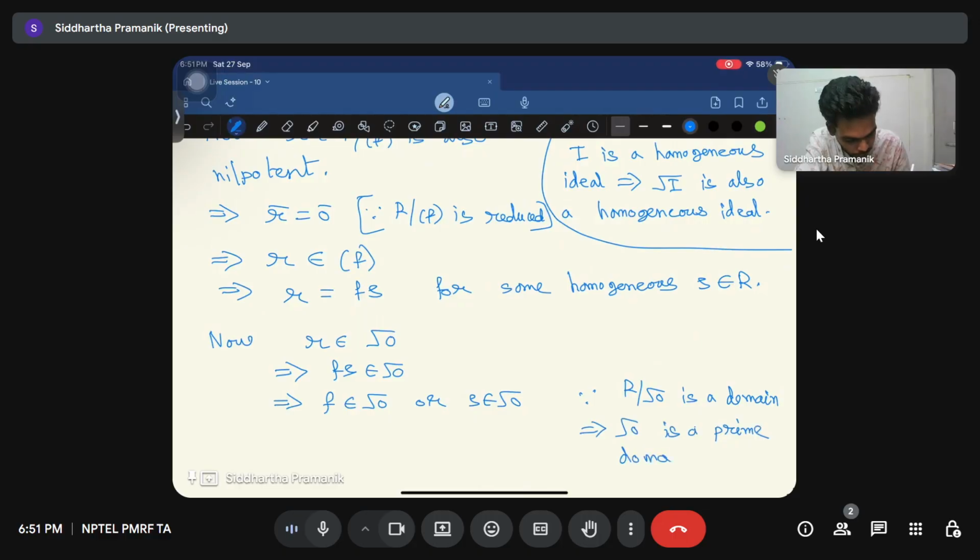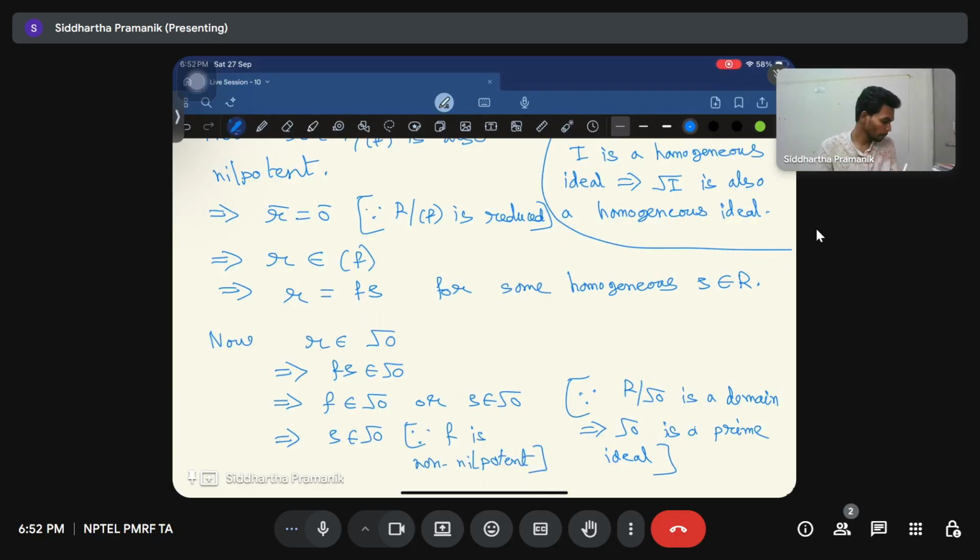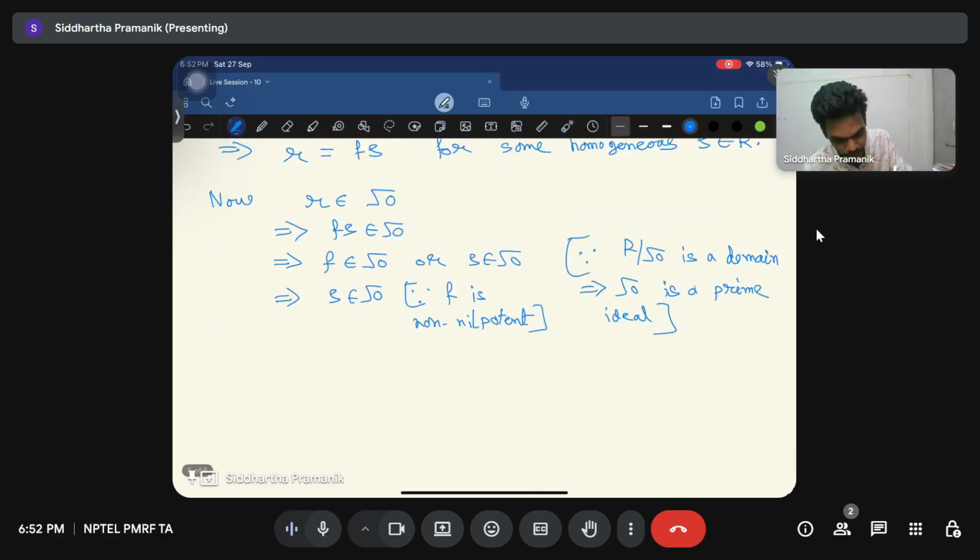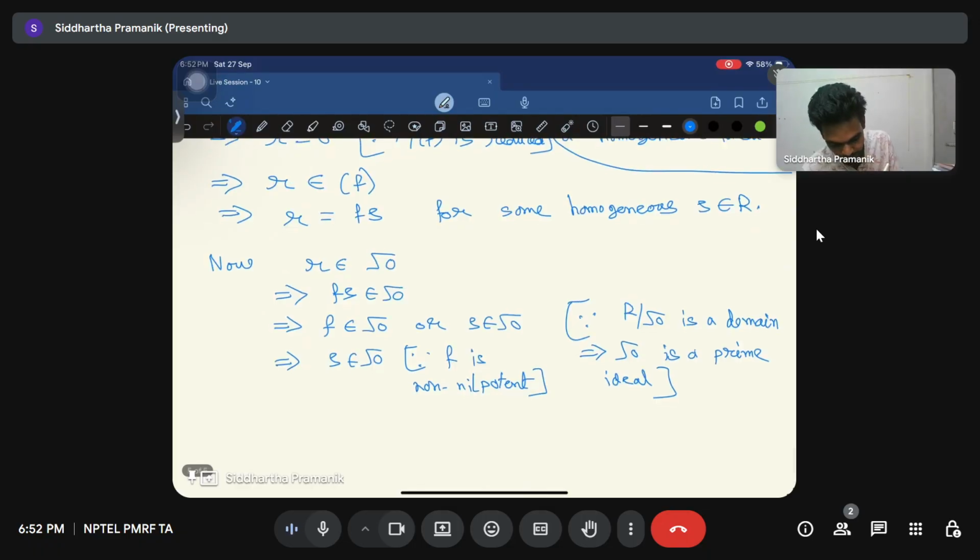This is from the property of a prime ideal. So either F belongs to the radical of 0 or s belongs to the radical of 0. But this will imply s belongs to the radical of 0 because F is non-nilpotent. But if s belongs to the radical of 0, then it will imply